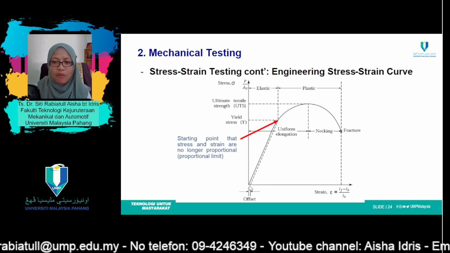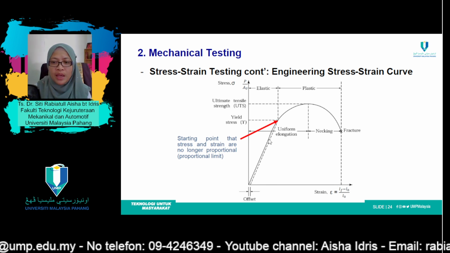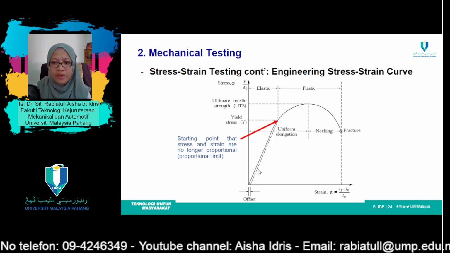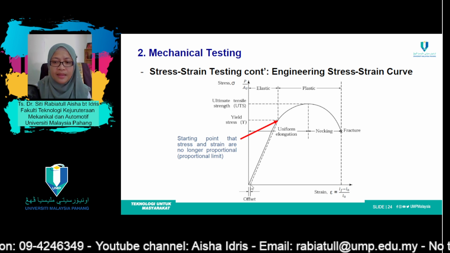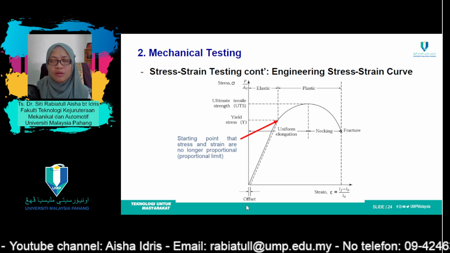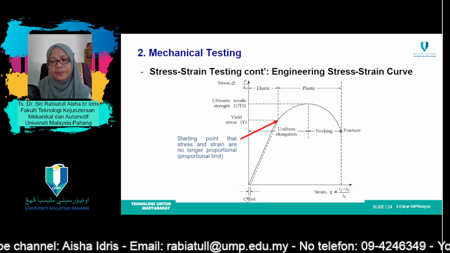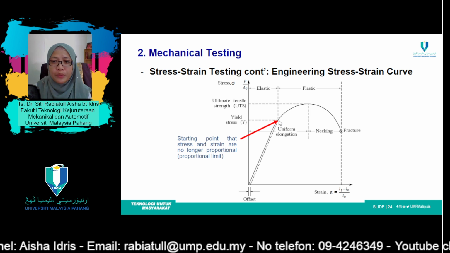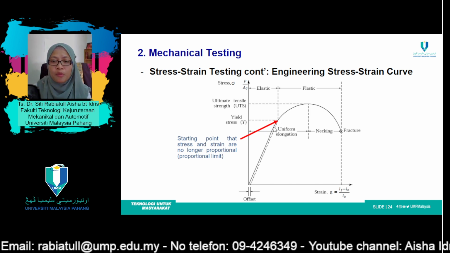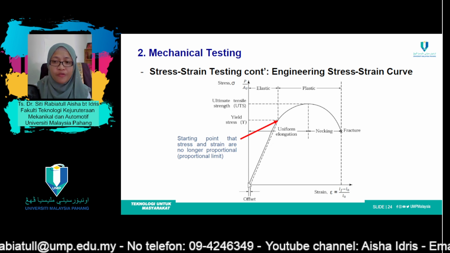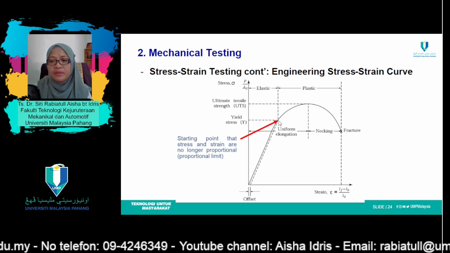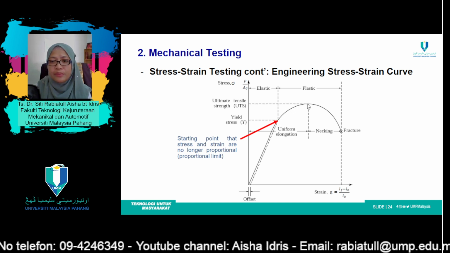However, it will no longer follow the continuous line; it will follow the dotted line over here, which is a little bit offset from its original line, with a value of 0.2% offset. So once it reaches this point, it will turn into the plastic region until it reaches the